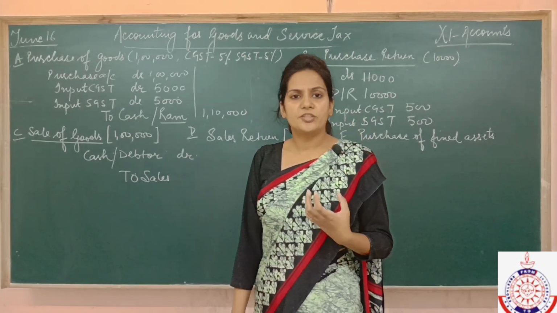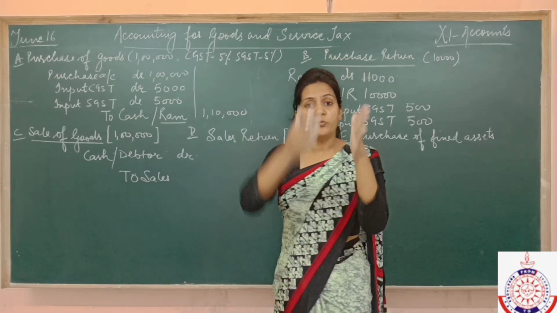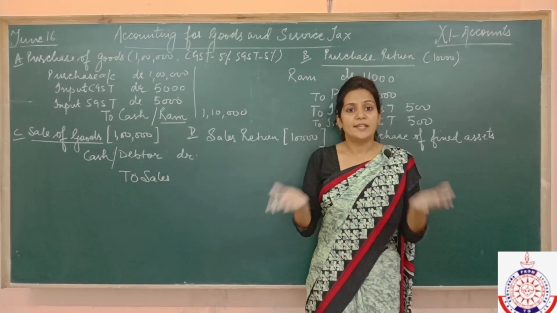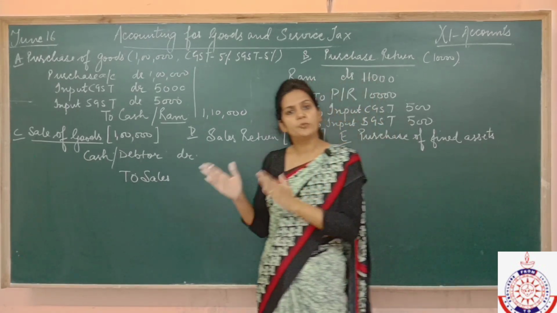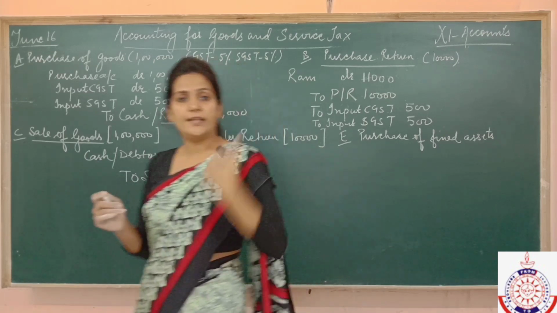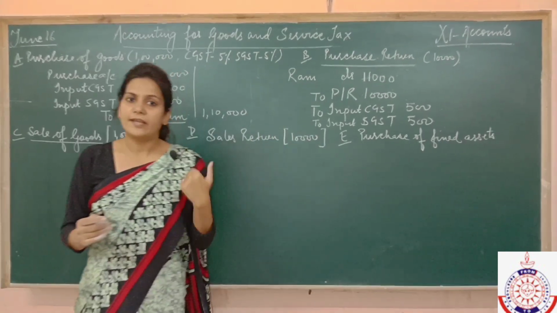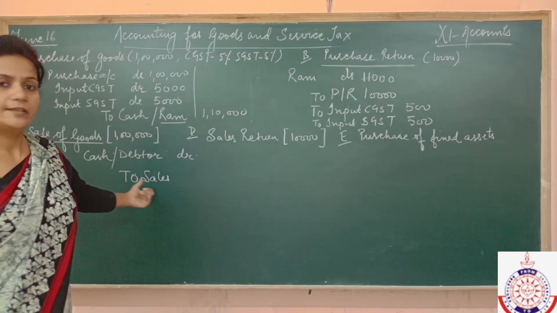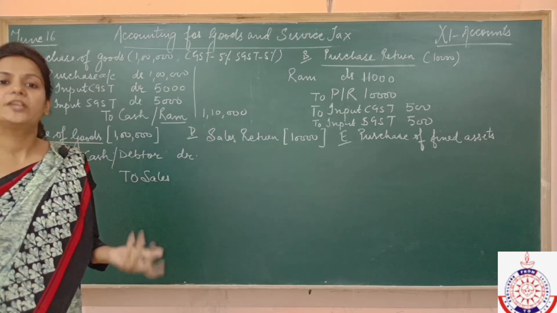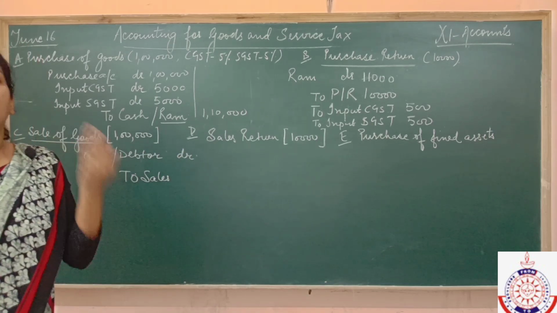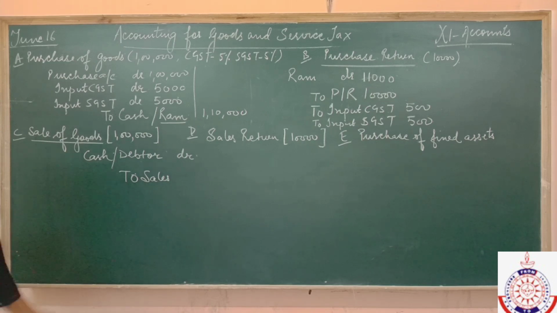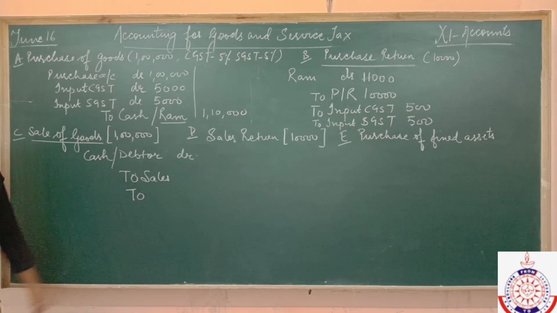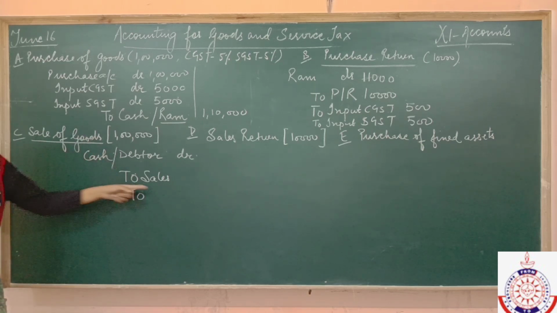And why am I collecting the GST for me? No, I need to pay this GST to the government. It means that I can't spend this money. I need to keep it safe with me so that I can pay it to the government. So it means that the GST collected from the buyer is a liability for the seller. Here I am the seller, I am collecting the GST, so I can't make use of this GST for my own purpose. I have to give it to the government, so I have to keep it safe with me, so it becomes a liability. And the liability is having credit balances, so that's why I am crediting here.